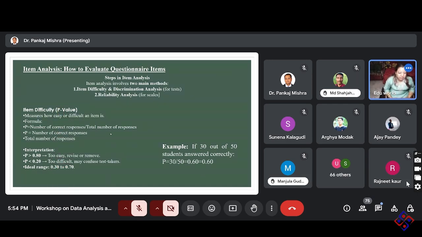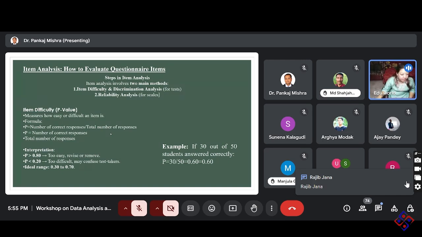Again I'm saying, this item difficulty we generally do for the questionnaire. If you want to find out the achievement test related questionnaire, then you will frame questions related to your study, your geography subject or the math subject. In the math subject, you want to conduct a study on class 7 or class 8 students. Based on those standards you will frame the items and circulate the questionnaire to the students, and from the answers that you are getting, you have to find out the item difficulty.